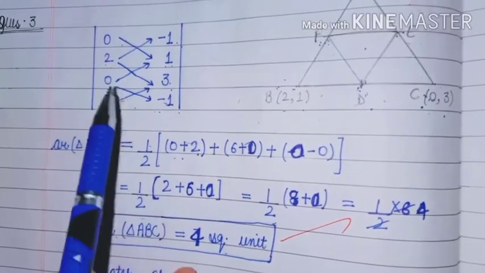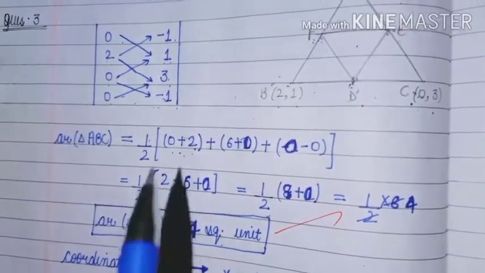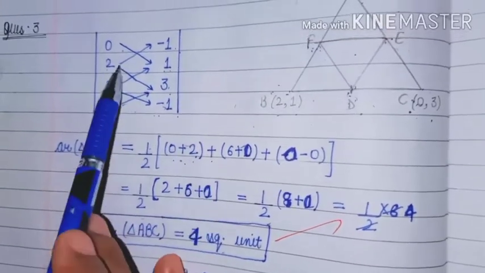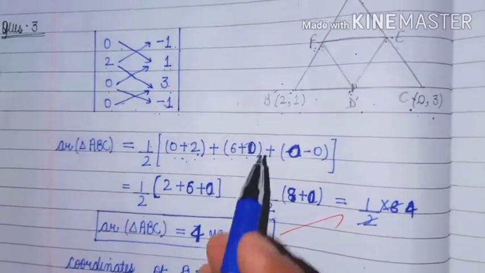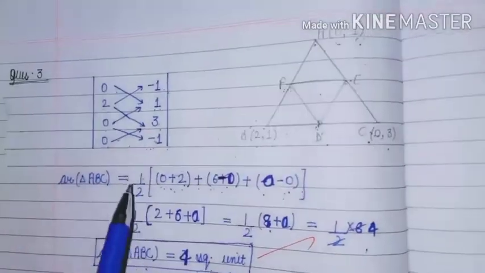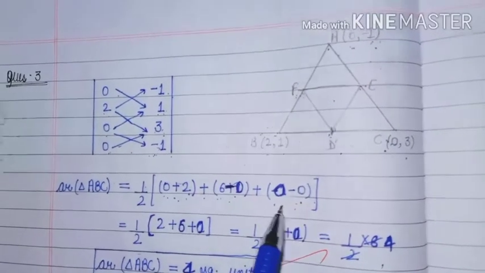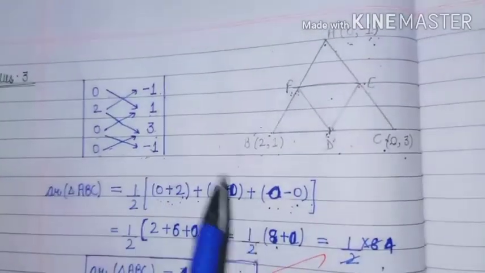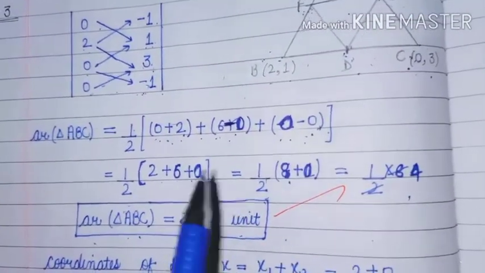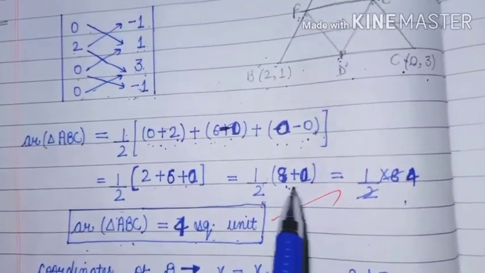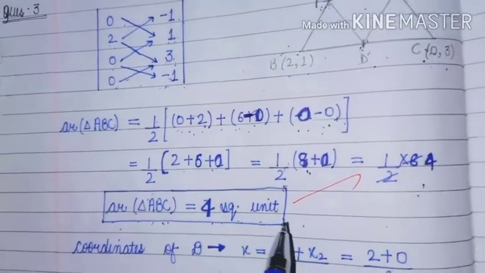Minus is from the formula, beta, and minus comes here again, it means it becomes plus 2. Now plus 2, 3 times is 6, and 0 into 1 again 0. Okay, it is minus. Now beta, we will multiply 0 into -1 in the next bracket, so it is 0 minus 0 into 3, it is again 0. After solving you will get 1 by 2 into (2 plus 6 plus 0), and you will get 1 by 2 into 8, that is 4.